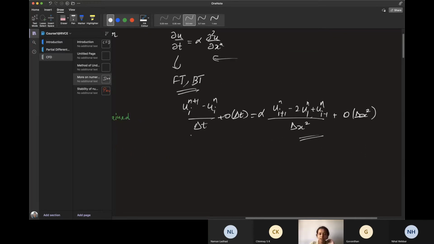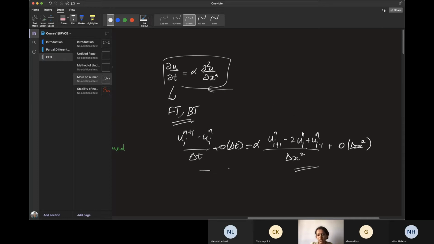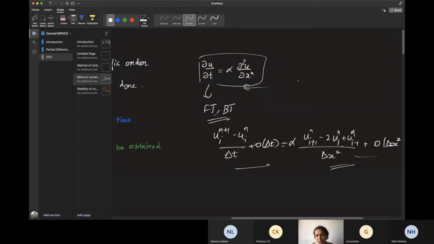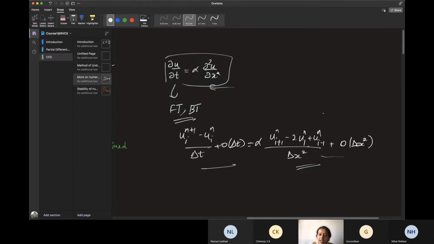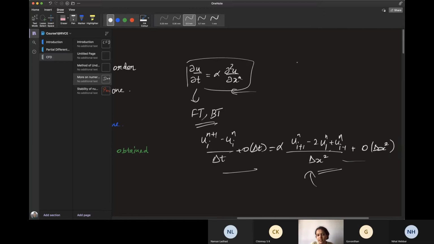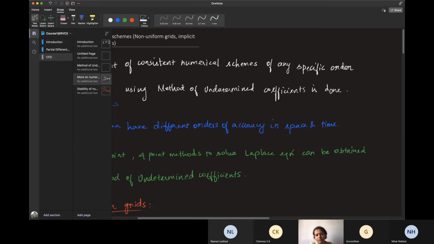So this way, for a single equation, you're constructing a scheme which has different orders of accuracy in space and time. It's possible to do that. By using the method of undetermined coefficients, you can use any difference operator, not just this kind of operator. Instead of taking the points in a central way, that is i plus 1, i and i minus 1, you can also take i plus 1 and i plus 2. That way it will be forward in space. So you can do such things as well. The best way to obtain these difference operators is by the method of undetermined coefficients, and you can have different orders of accuracy.